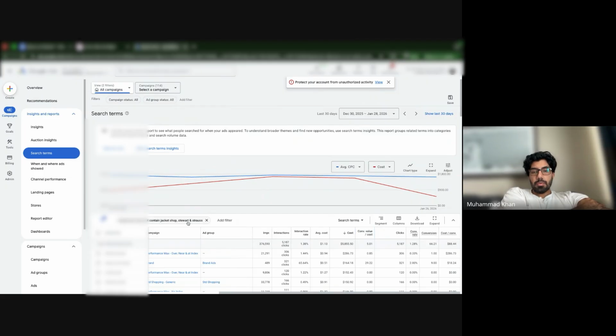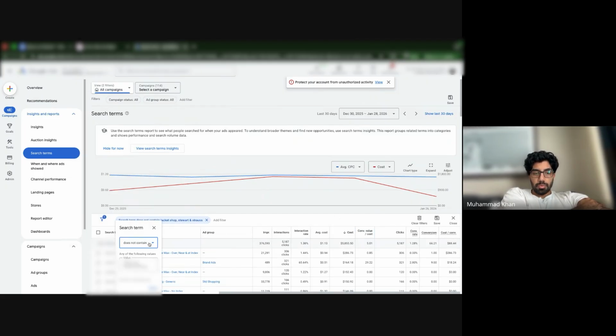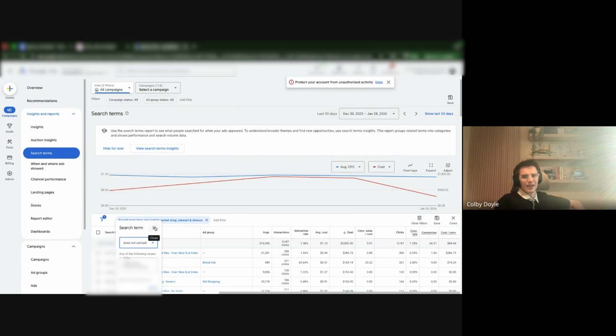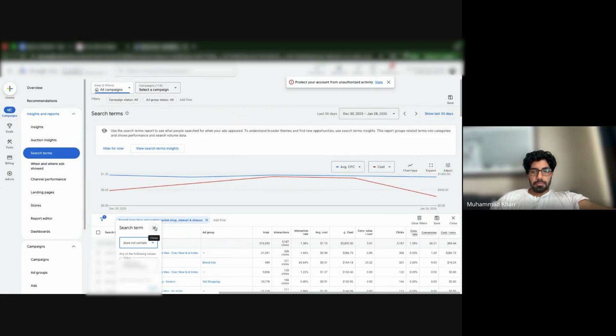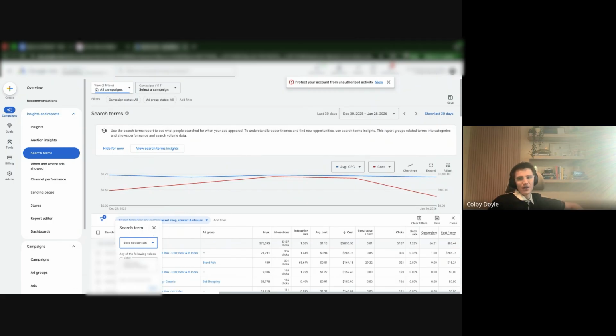Now, if this was the other way around, where the majority of the budget was towards that, even if it was like 3,000 of the 6,000, it's probably not a good sign unless you asked for that. That's not helping. And a thing that a lot of people don't realize is that cold customers don't convert as well as returning customers. So that's something you need to bear in mind.